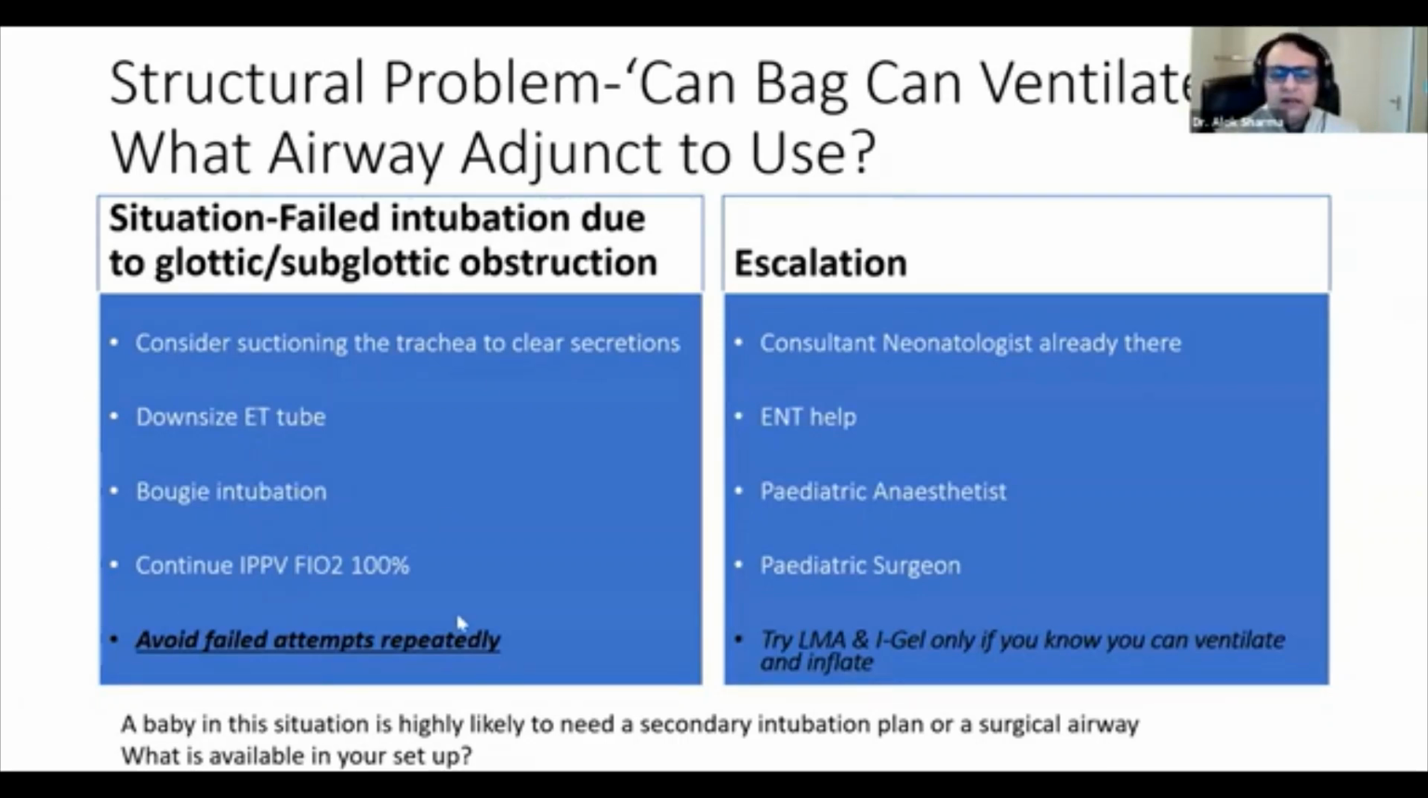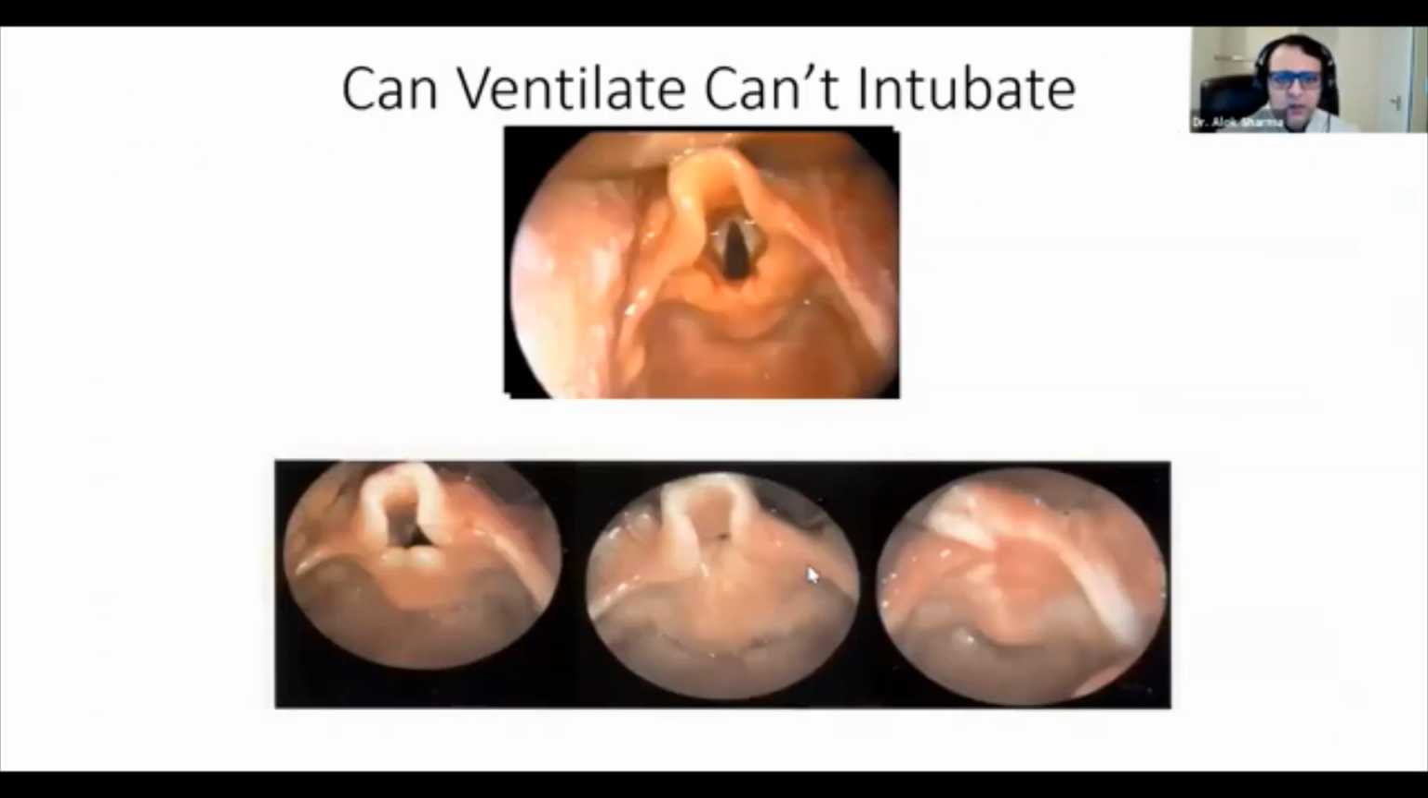If you can't, then avoid failed attempts at intubation. And I would say that the important thing is to continue mask ventilation at 100%. And you should consider escalating to an experienced neonatologist, ENT or pediatric anesthetist. In our setup, they would help with a fiber optic intubation in situations like this. We would commonly in those situations try to use an LMA or an iGel or continue mask ventilation if we had any problems. So just to give you a little bit of an idea,